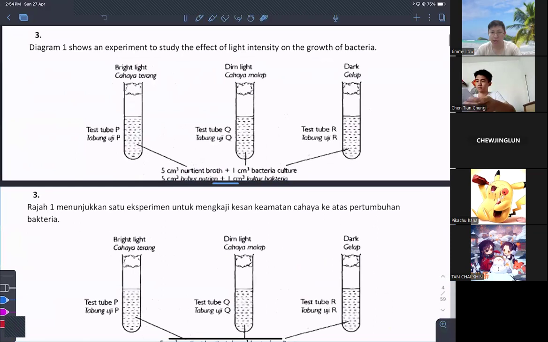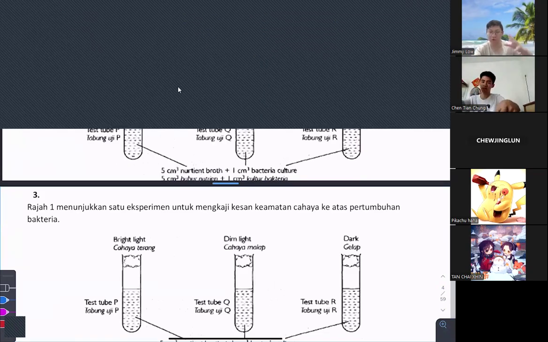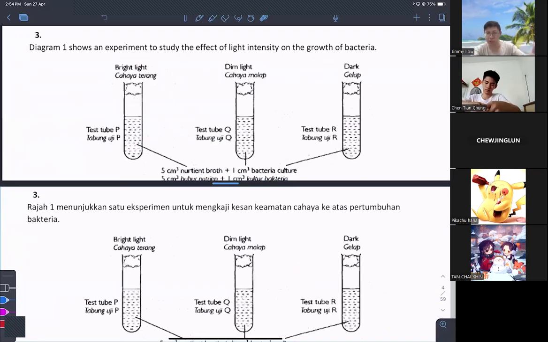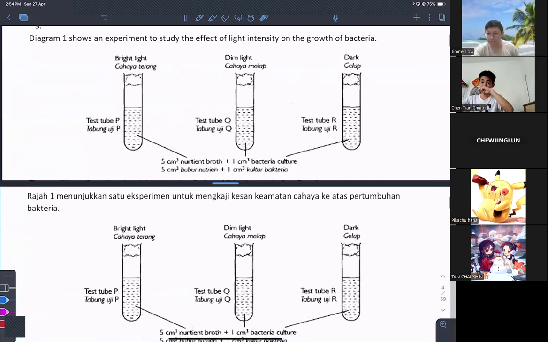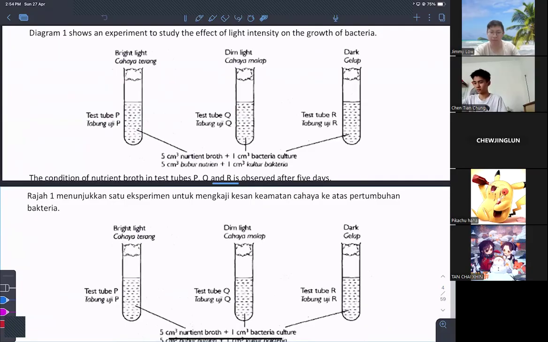Okay, question number three. First, I have to write in both languages because here we are using two languages lah. We are trying to adapt to different language users here. So I'll spend some time on writing. Please give me some patience to write lah, because one answer I have to write twice. I try to write faster, and then my handwriting will not be so good compared to normal. So whenever you don't understand what I am writing, what is the word you cannot understand, you tell me. I try my best to write better lah.